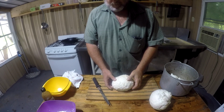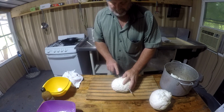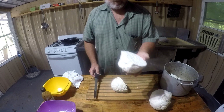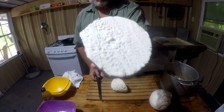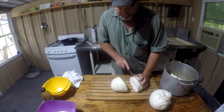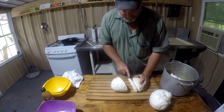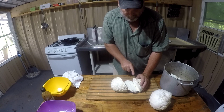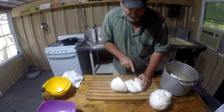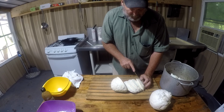Once you get all the hard peeling off of it, I like slicing them right in the middle. Look how white that is. Just as white as snow. And I'll cut them about 1/2 inch thick. Once you get them all sliced up,